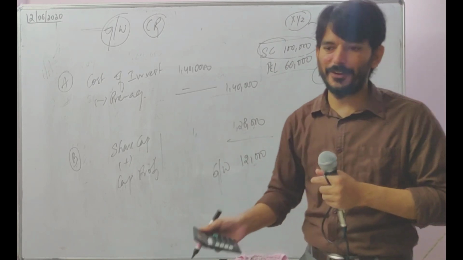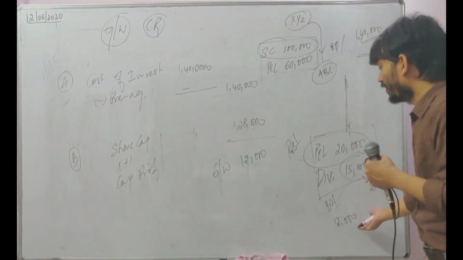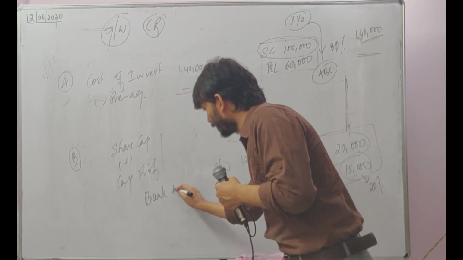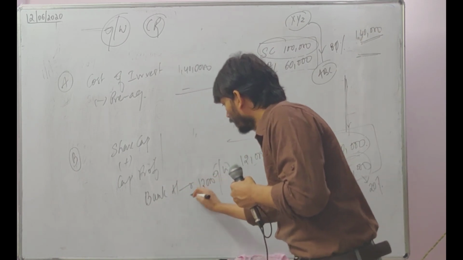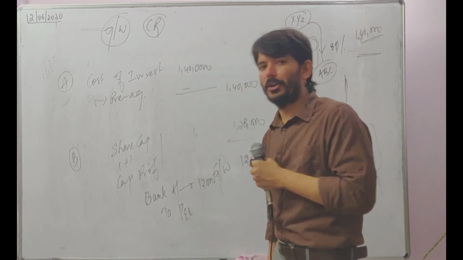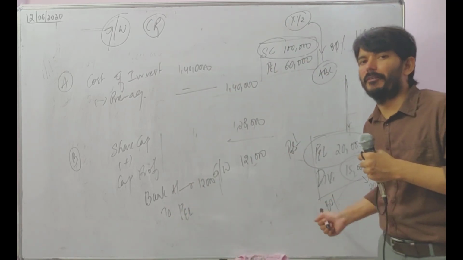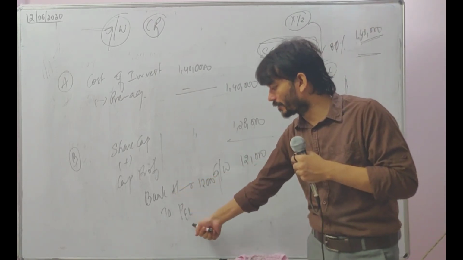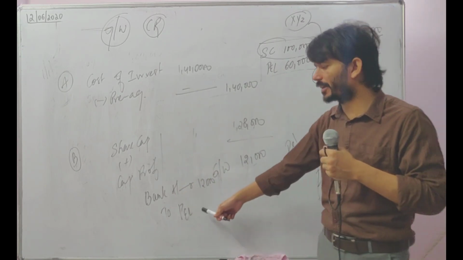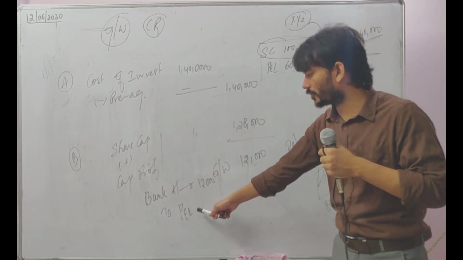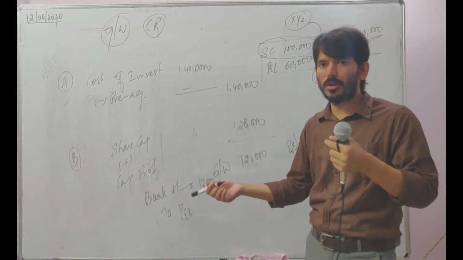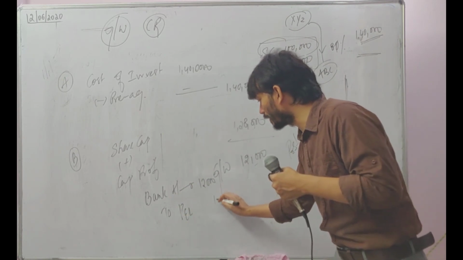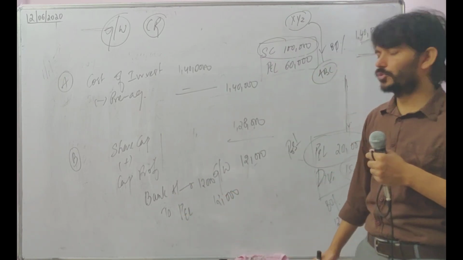Again, for this also I made a video as to how to write the journal entries. When you are receiving 12,000, that is cash or bank debit 12,000, and you will hit your P&L without any dot, because this is a post acquisition dividend. Post acquisition dividend is eligible to be taken into your P&L. So you are taking, this is your profit, right? So profit will be credited, credit all incomes and gains. So you are crediting P&L, bank debit the receiver, or cash what comes in debit. So bank account debit 12,000 to P&L 12,000. You will debit and credit these two accounts.